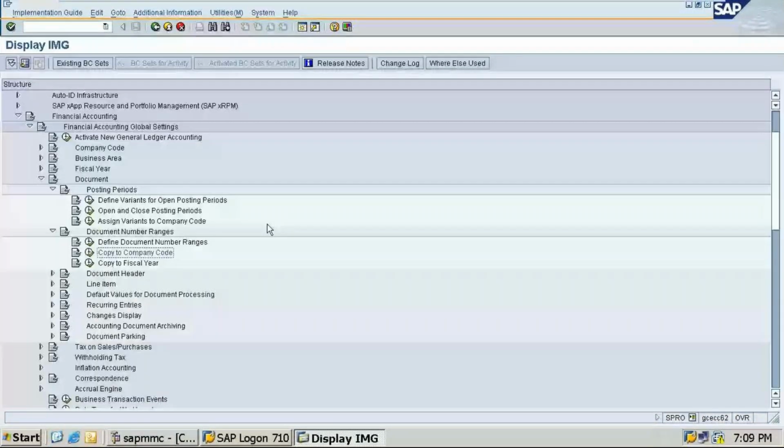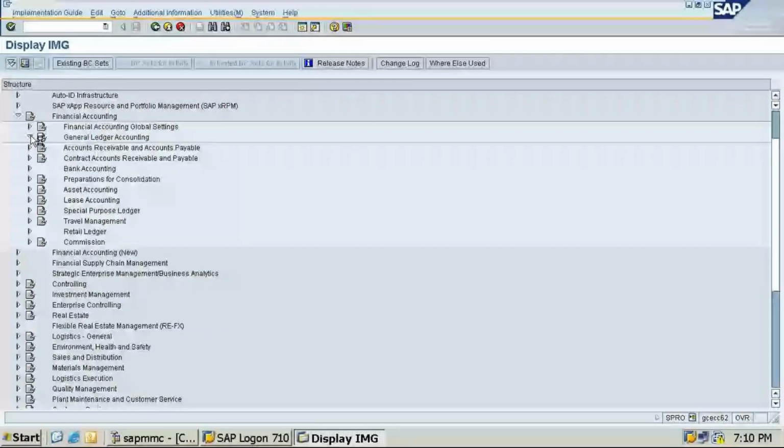So how to go to the field status variant? Here we have to go to financial accounting, general ledger accounting, business.